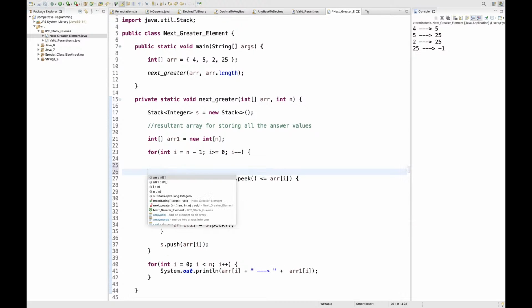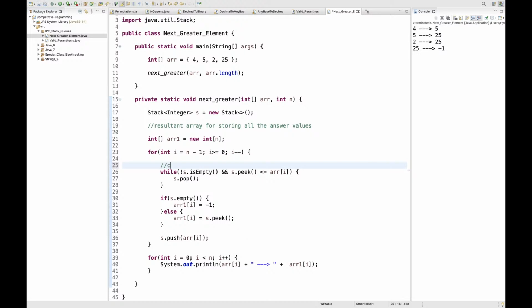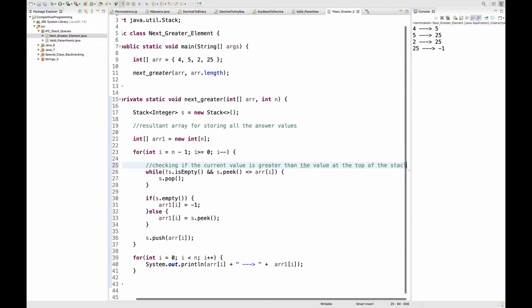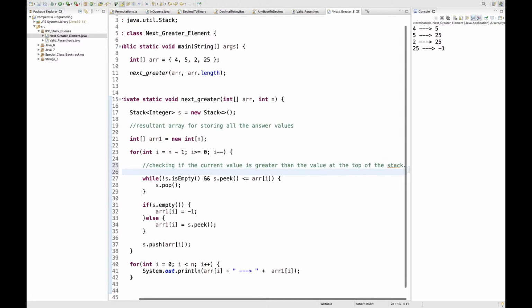At this point I am putting the code as well, checking if the current value is greater than the value at the top of the stack, है ना.